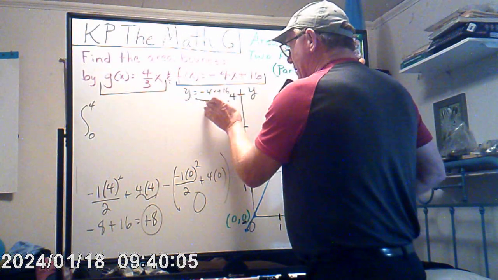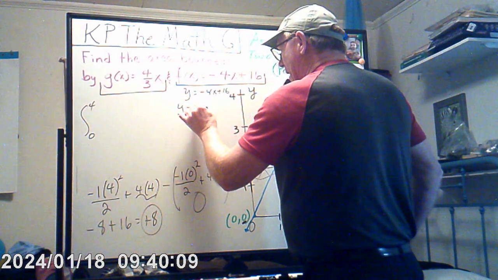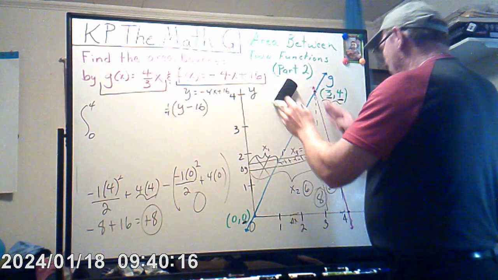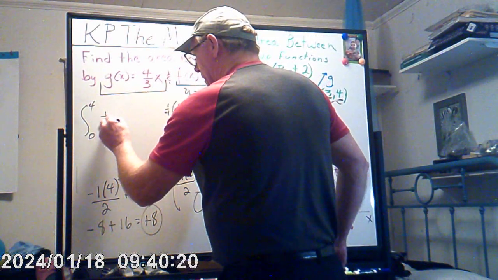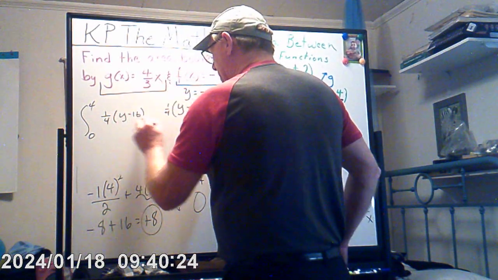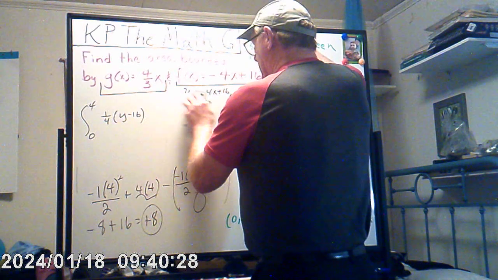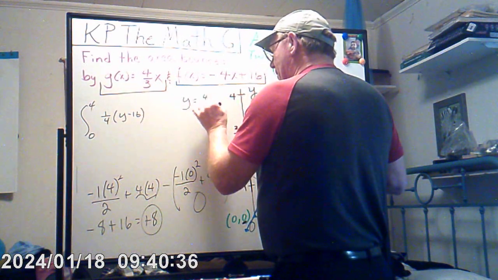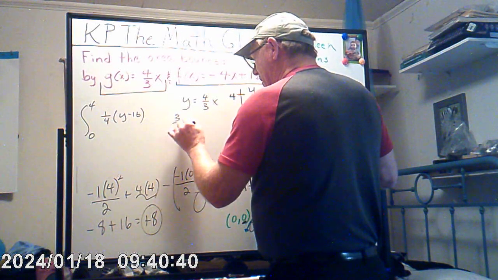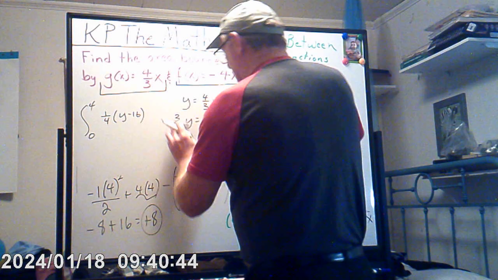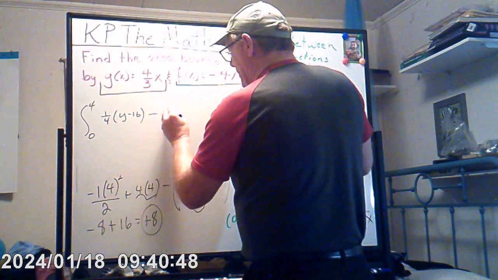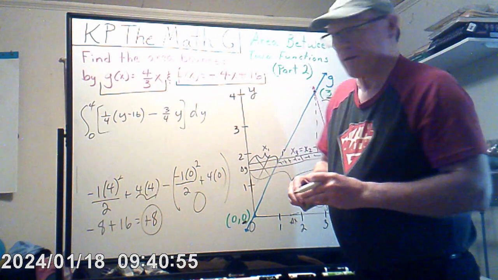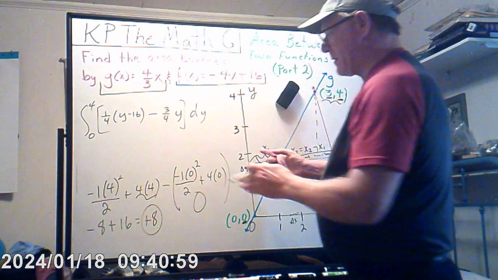4x plus 16. Very quickly, I'm just going to undo this. So y minus 16, and we have 1/4 here, didn't we? And that is F. So I'm going to put F first. And then I want to do G second. So this is y. Just put y there in place of G at x, is equal to 4/3 x. And then this is now 3/4 y is equal to x. So minus 3/4 y. And remember dy like that. And of course, as we did, you can